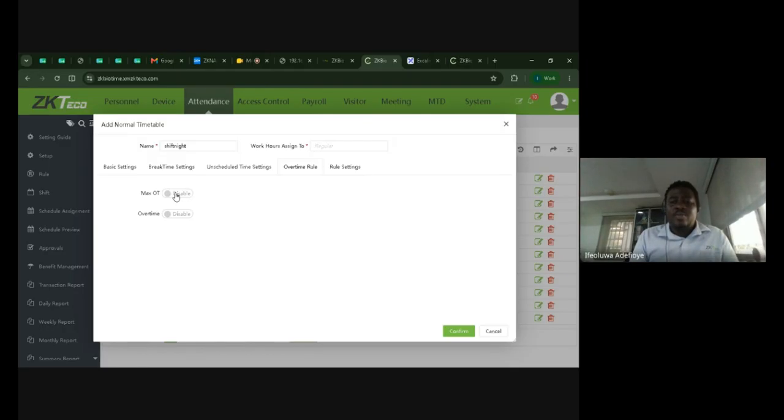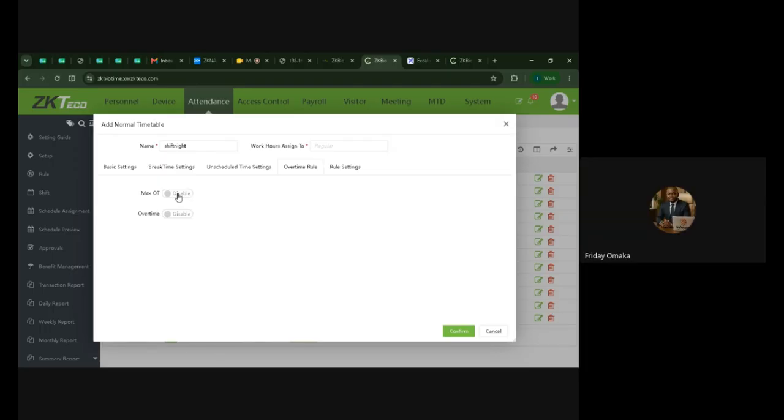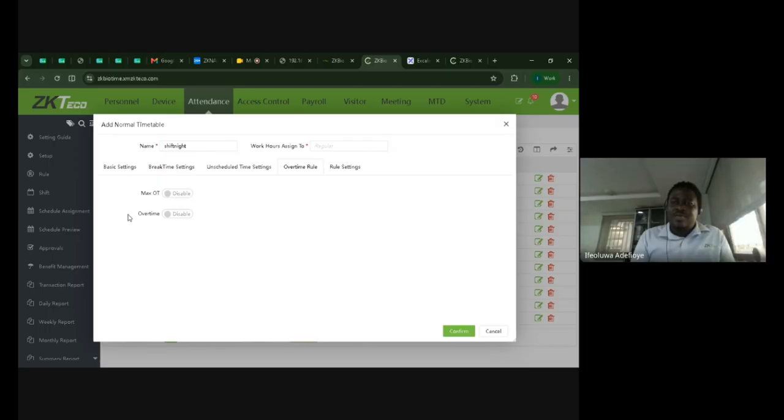Or you work Monday to Friday, and as an employee, you have to come on Saturday, which is not your regular day, to do some certain configurations at work. Those things have to be factored in. So in this, you have maximum overtime and you have the overtime,